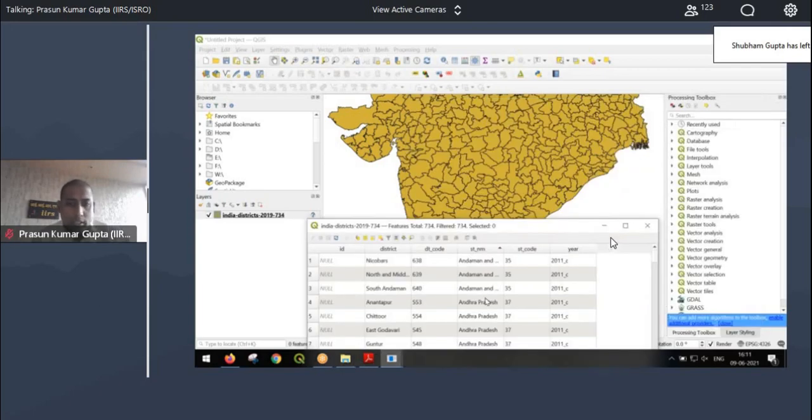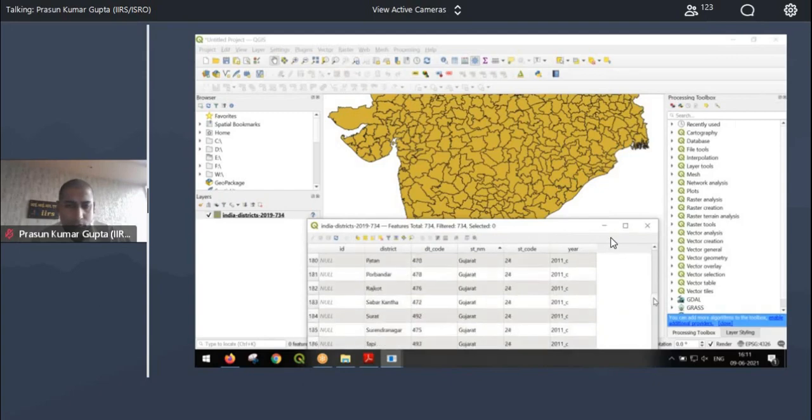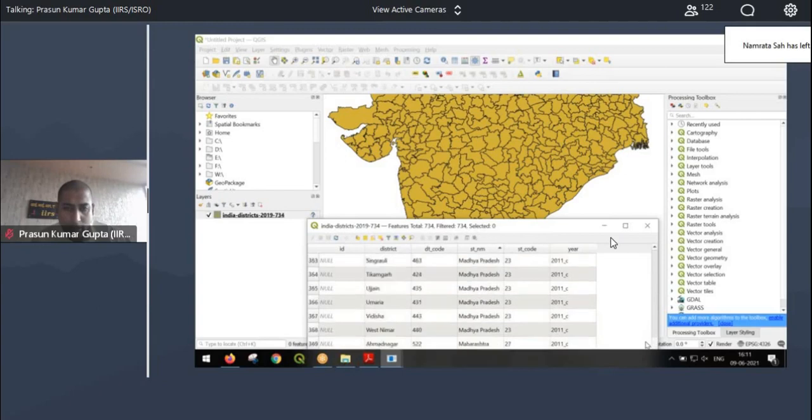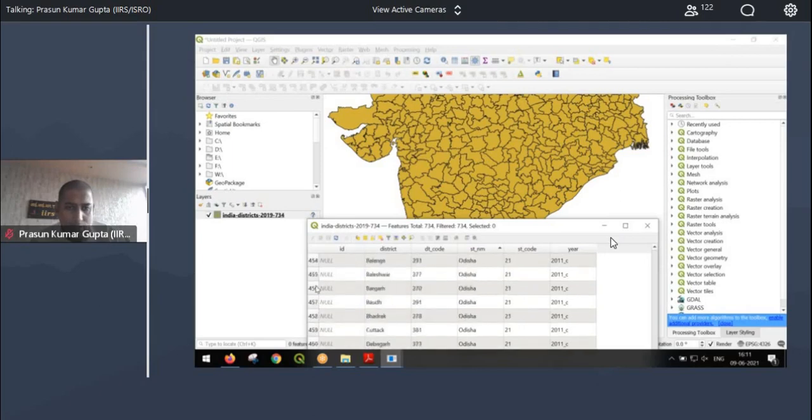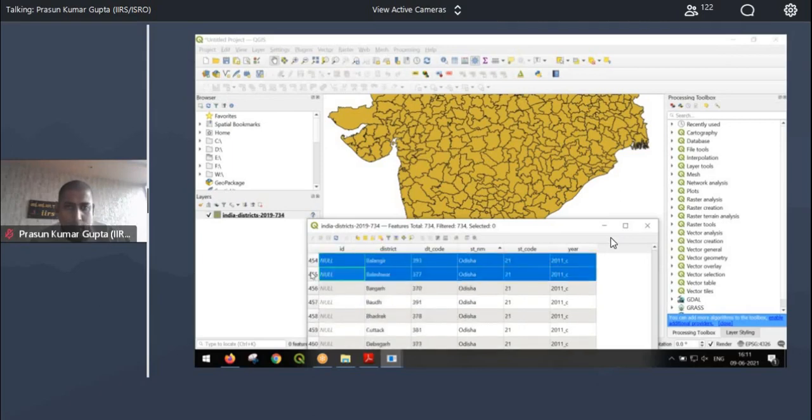So if I scroll down to, let's say, Odisha, and I select the rows, Balangir, Baleshwar, you see these polygons get highlighted.